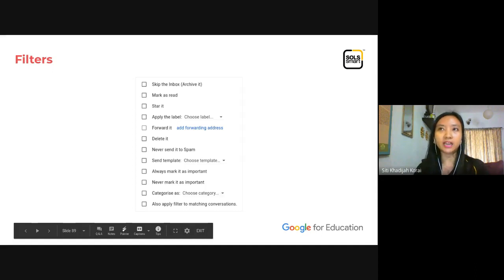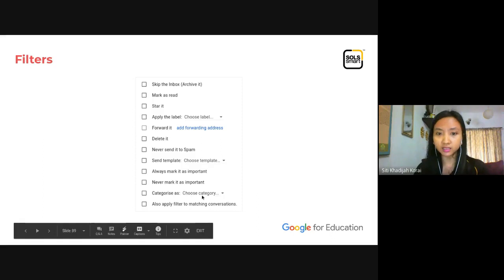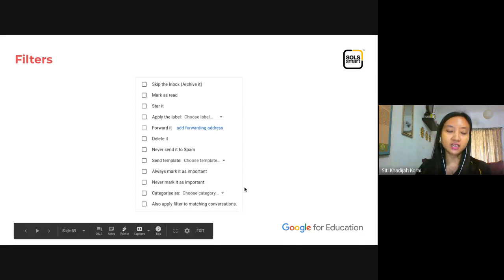For example, you have promotion, forum. These are the choices of category. Okay, the last one is very important. Also apply filter to matching conversation. If you untick this, leave it as it is, the old email that fits the criteria will not be included. That means only the new mail that fits the criteria will follow the